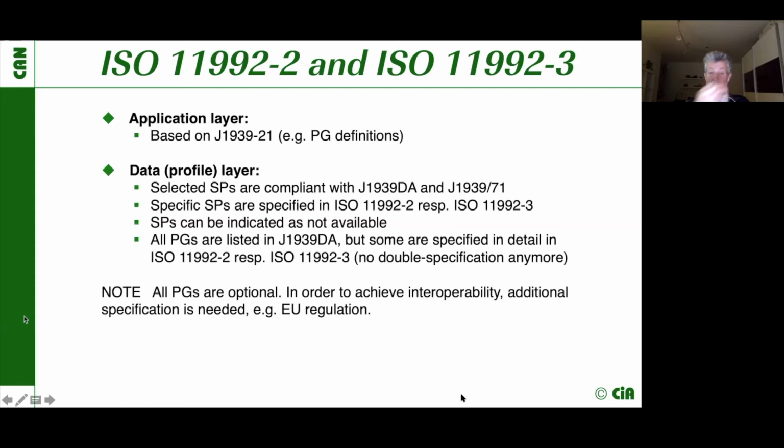Also, the parameter groups are listed, all of them, in the J1939 digital annex, but the details are given only in the ISO documents. We try to avoid double specification. In the past, the information was also given in the digital annex, but then the ISO documents were changed and the digital annex was not changed. So you have two different specifications for the same parameter group, and this caused a lot of problems. One of the problems, and this is still an issue,